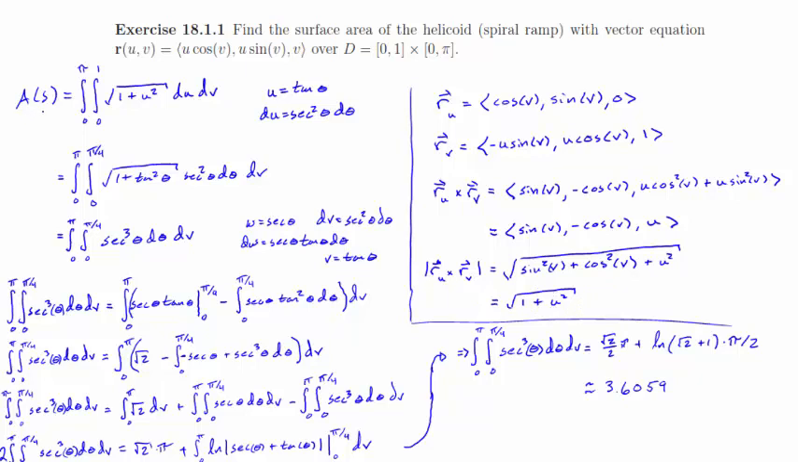So our area of this surface over the given domain equals the integral from 0 to pi in the v direction, 0 to 1 in the u direction, of the square root of 1 plus u squared du dv. So we could just plug this into the calculator at this point and get that the answer is approximately 3.6059,